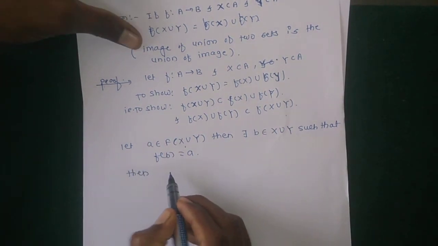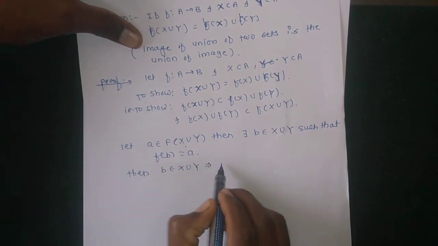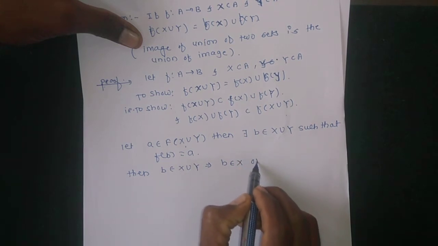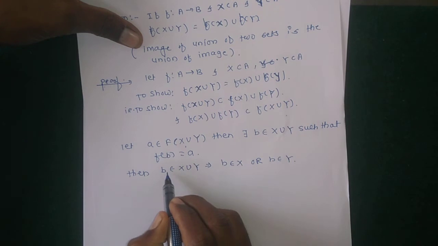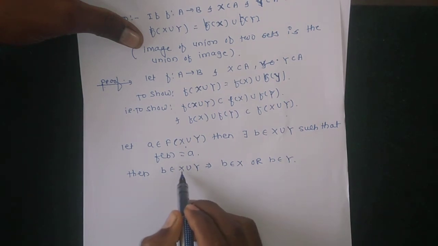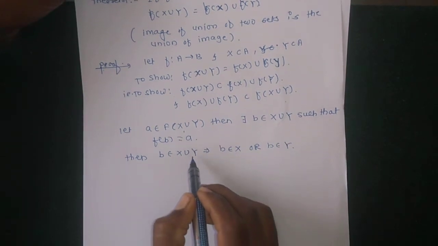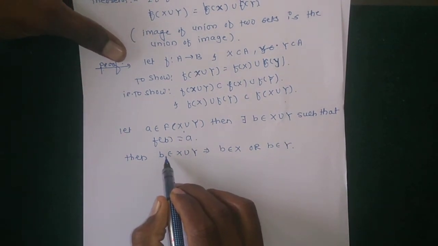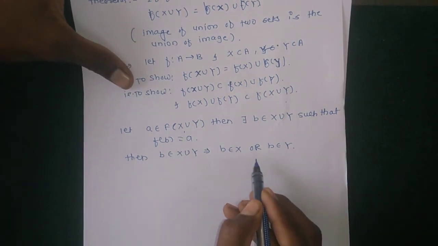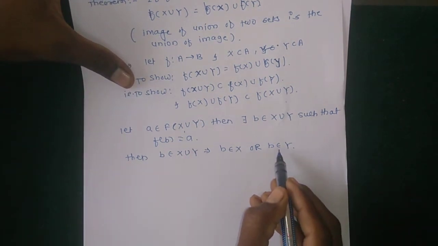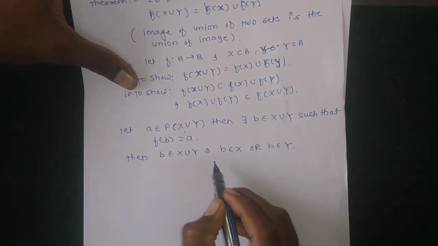Then b belongs to x union y, which implies that b belongs to x or b belongs to y, because of the union condition, which implies that b must belong to x or y. Whether it is common or not, this b must belong to one of the sets x or y. Okay, so if b belongs to x,